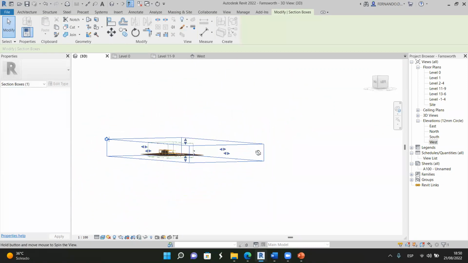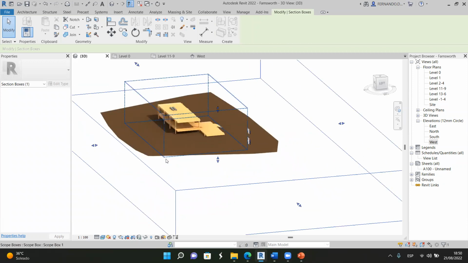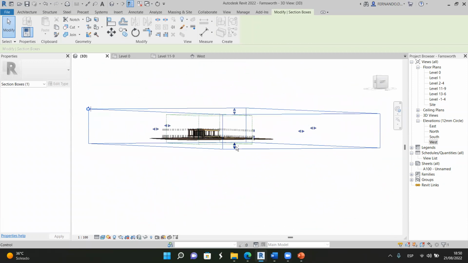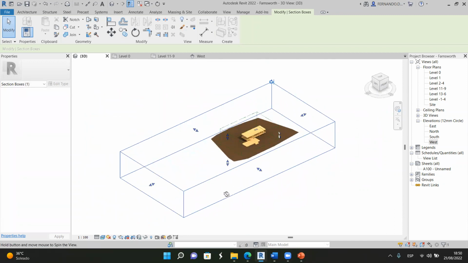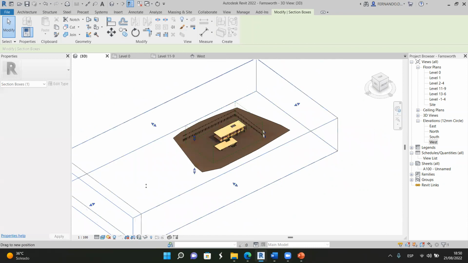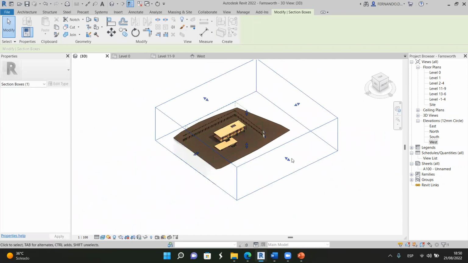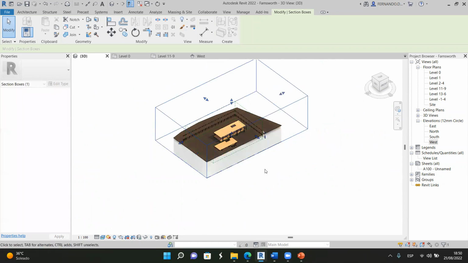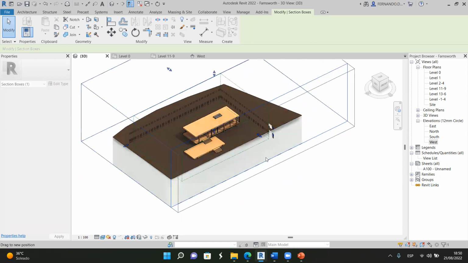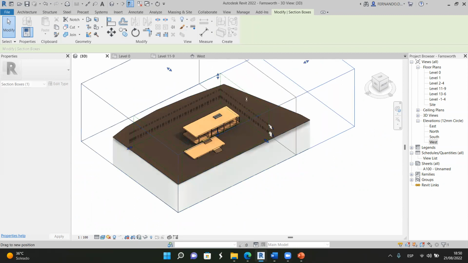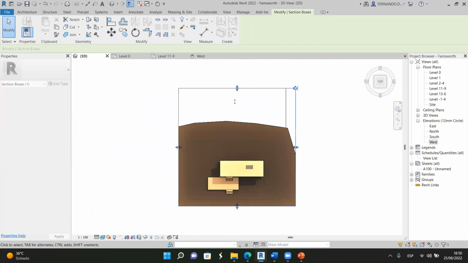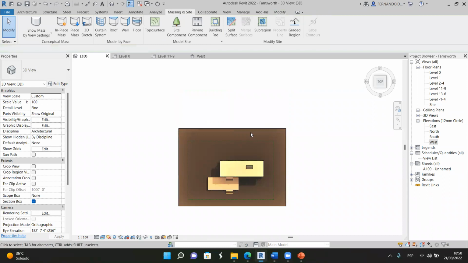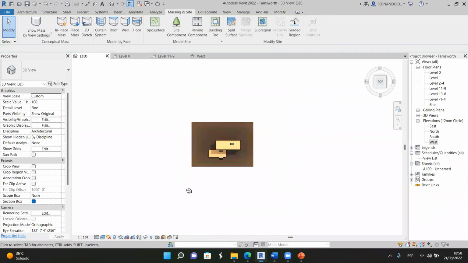Okay, so we don't have a perfect shape, but if we extend or if we crop this, top view, it looks better. Okay, so now on this 3D view,